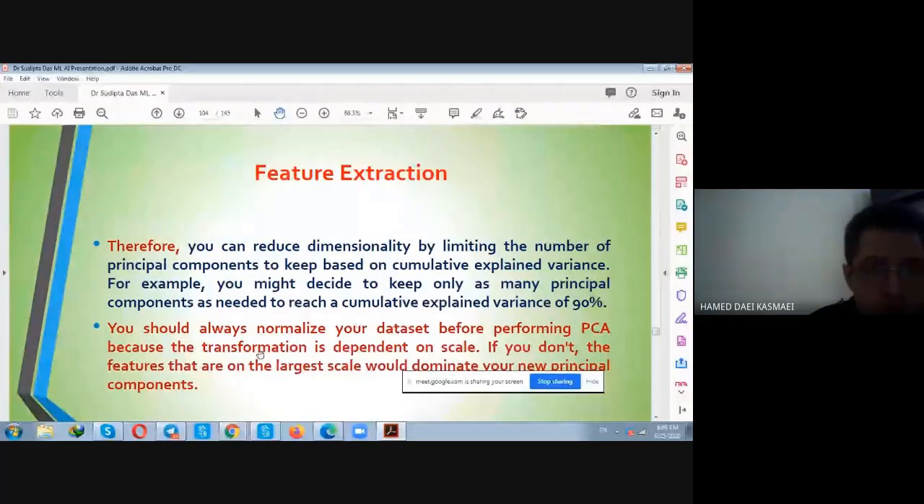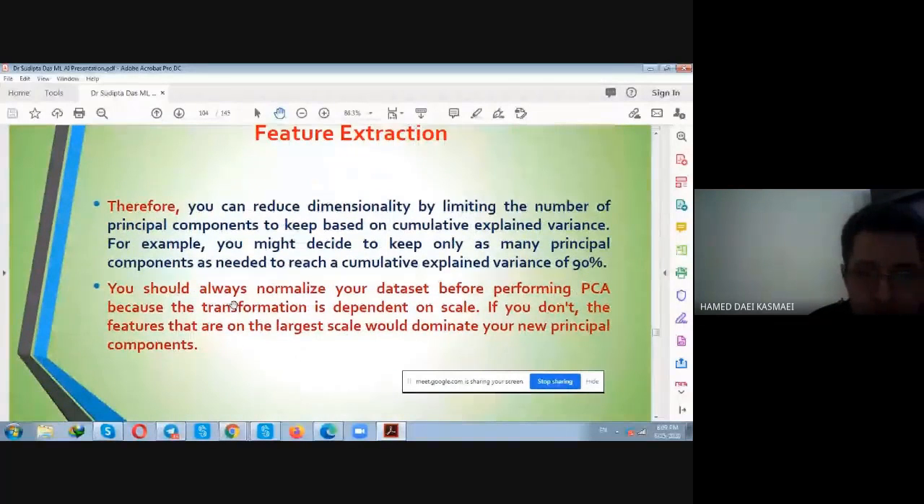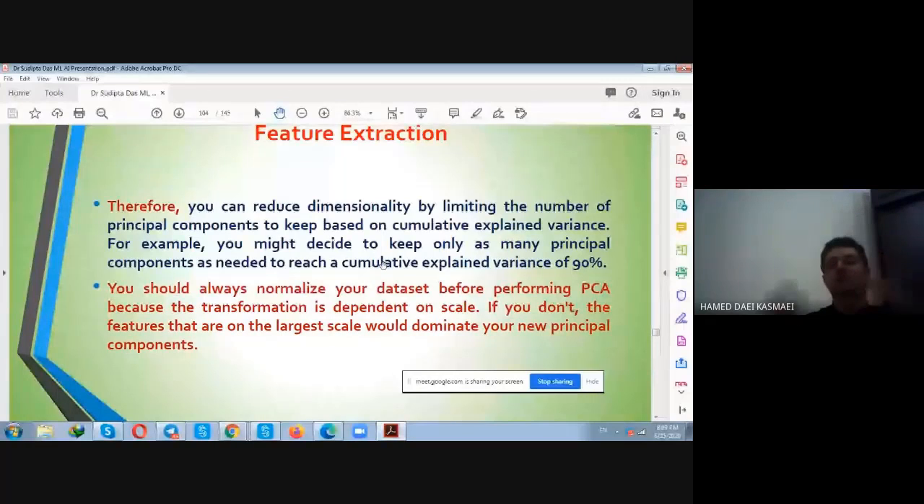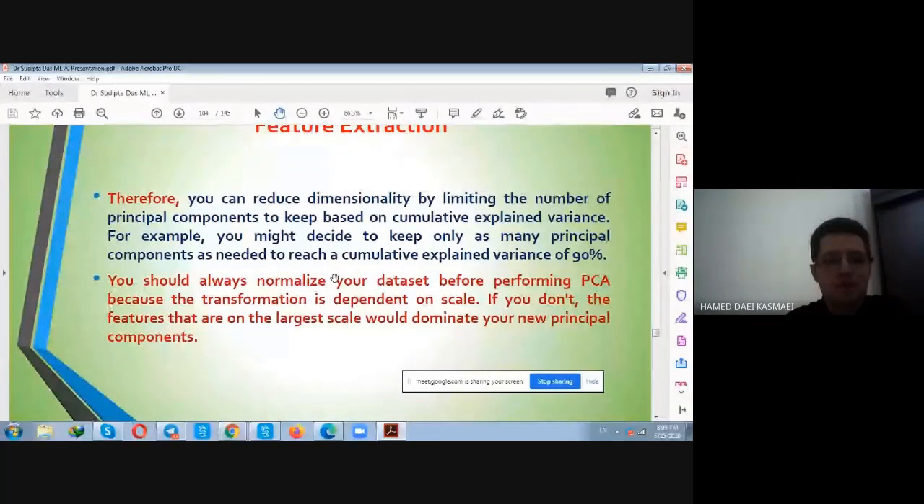Code programming. You should always normalize your data set before performing PCA because the transformation is dependent on scale. If you don't do that, the features on the largest scale would dominate your new principal components. So it means that you cannot run any algorithm because of the large set of data that you have, and the process is very heavy and very complicated. Okay, again,